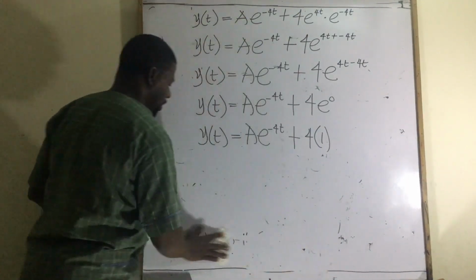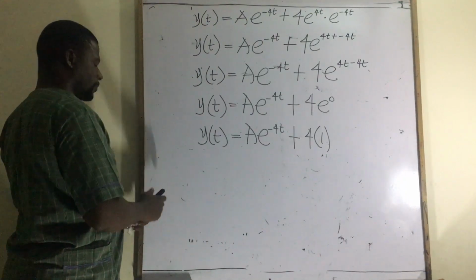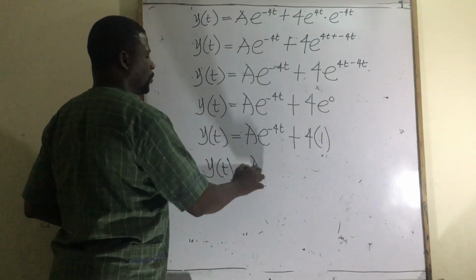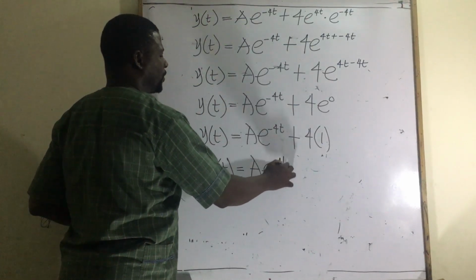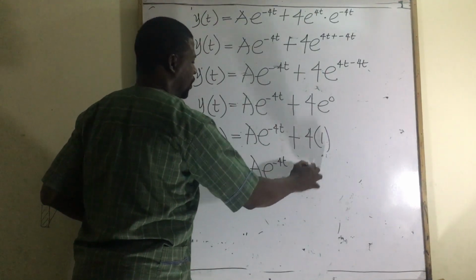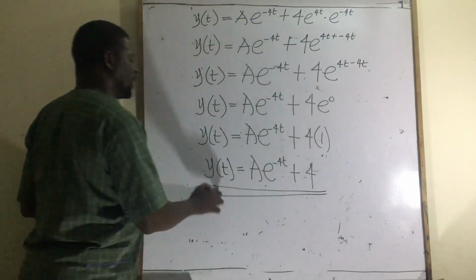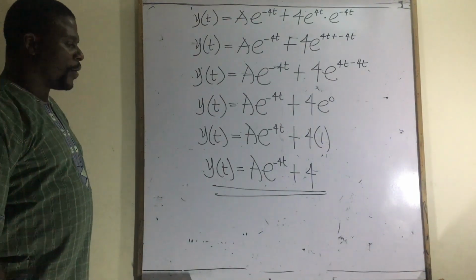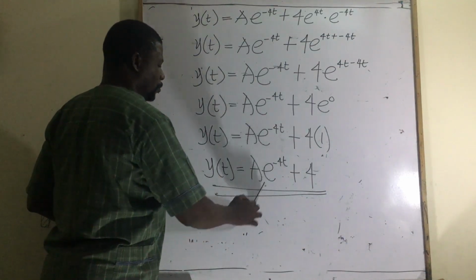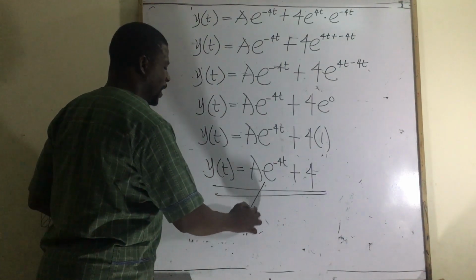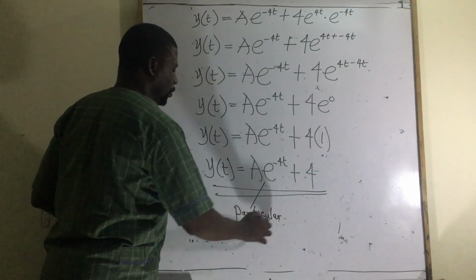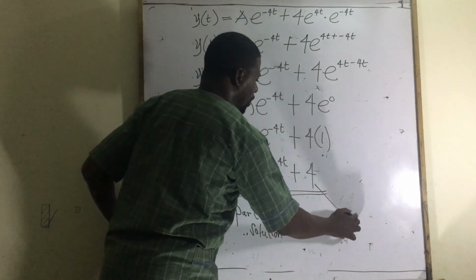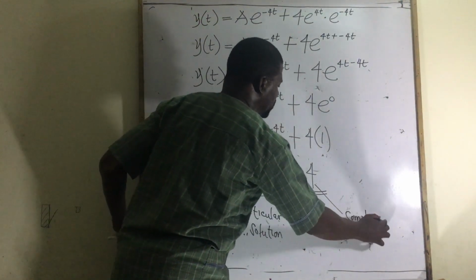So from here, I will now say that y(t) is equal to a e^-4t plus 4 times 1 is what? Is 4. This is the general solution. This is the general solution. Now, this first one, you can call it the particular solution, the first part, and the other one you can call it the complementary solution,